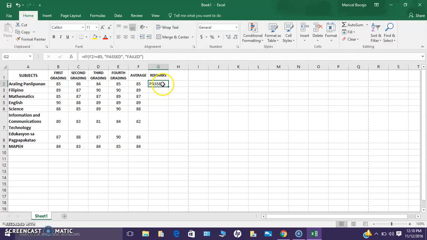Again, to make it easier for us to get the remarks, just drag it down.